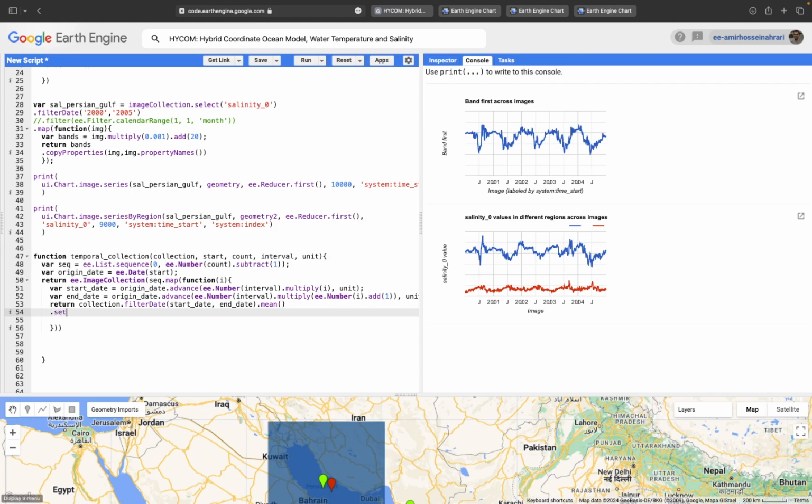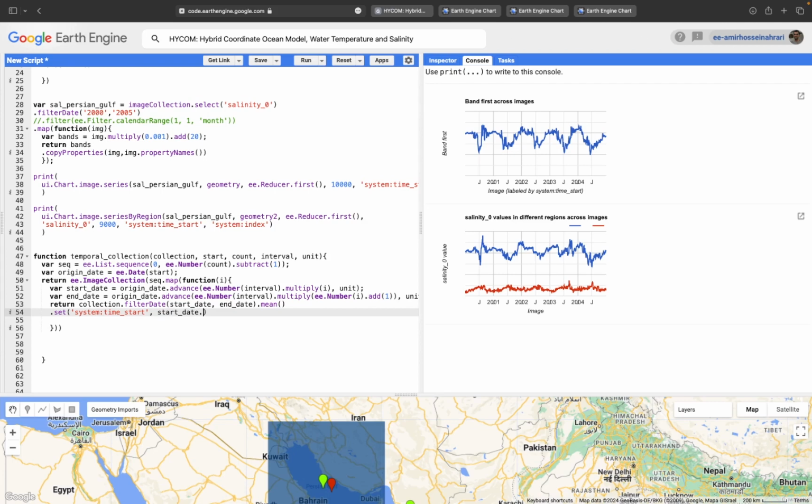So here, through set, I'm making new properties such as system:time_start, because now we need a new system:time_start. Although we had system:time_start in the original collection, the temporal frequency changed from daily to, for example, monthly, and for each month we need a new system:time_start. So system:time_start, and now start date,